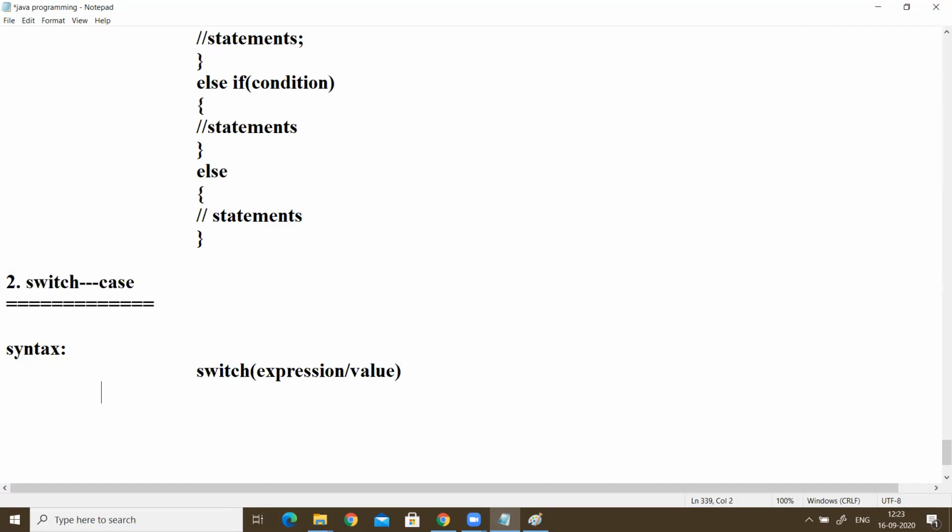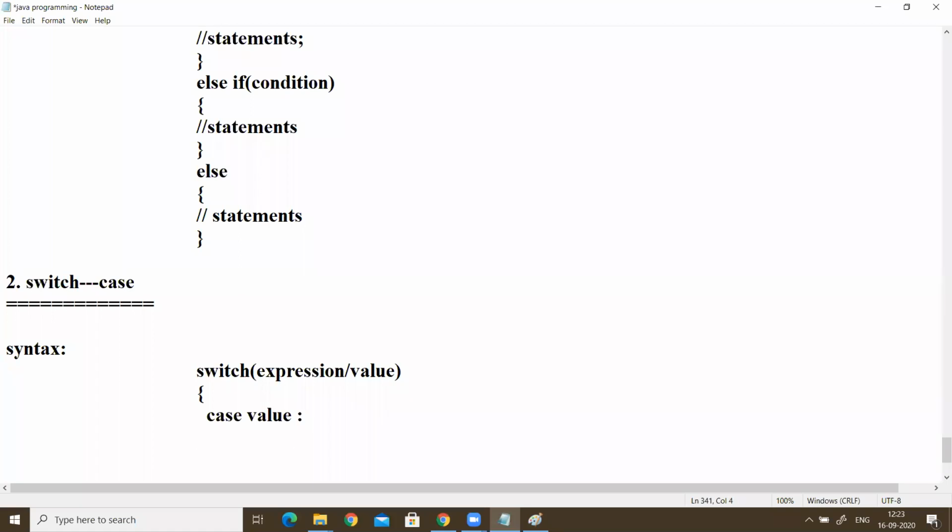But it takes a block of code. Within that block of code, it contains many branches. Each branch we call a case, written as case in small letters, then give a space. After that we write the values or expression, and a colon.